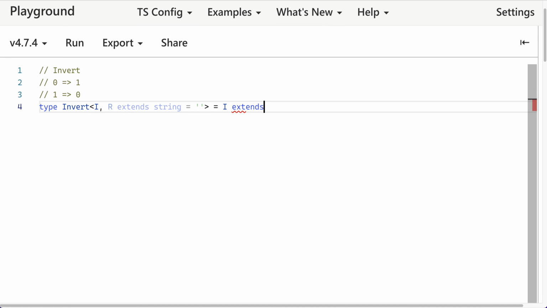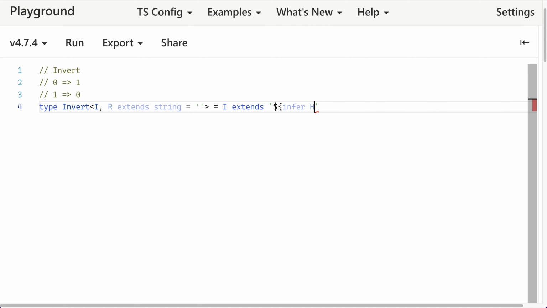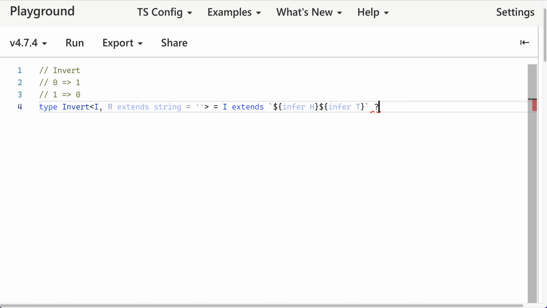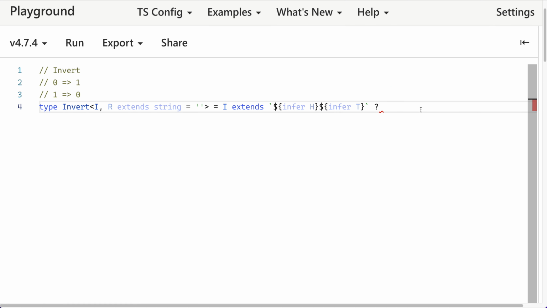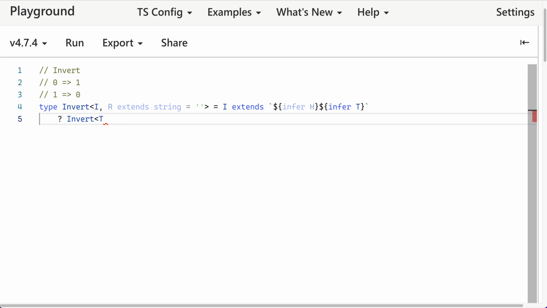And now we have I extends, and we're going to use our template literal. What we're going to do is infer the head of the string, and then infer the tail of the string. Now, what happens is that essentially we go character by character, and if we're in the first portion of such string, we move to the next line and we can do invert the type T,